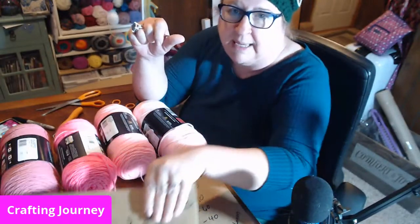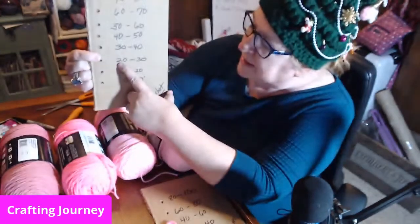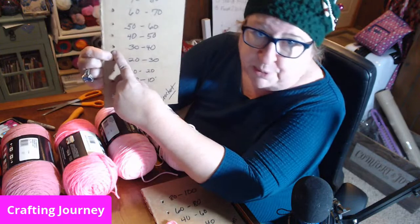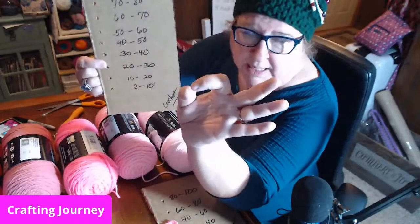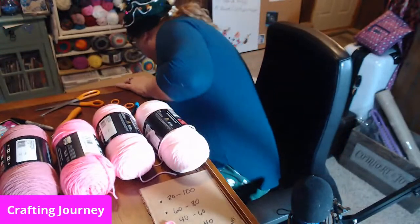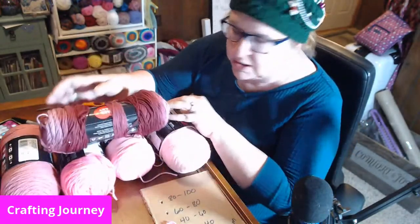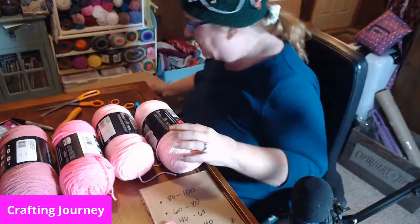And then we're going to do the same thing with the temperatures that I put for my crochet blanket. Today the high would probably have been between 30 and 40. So I would see what color I put here, and then I will crochet one row of the blanket in that color. And then what I've decided to do at the end of every month is do one row in this mixed color, if you guys think that would look cool. That'll be on the loom. And then I have another one for the,